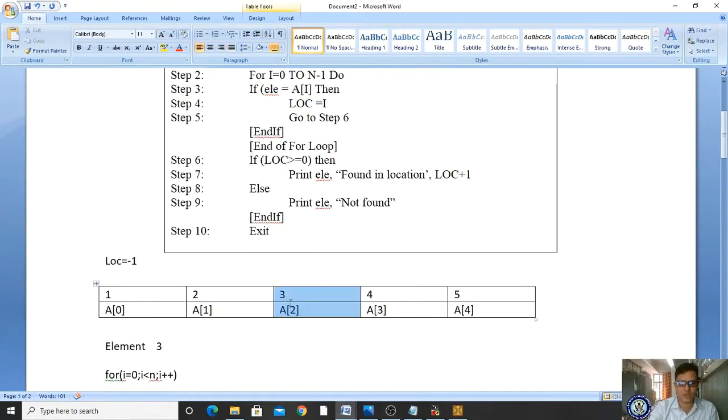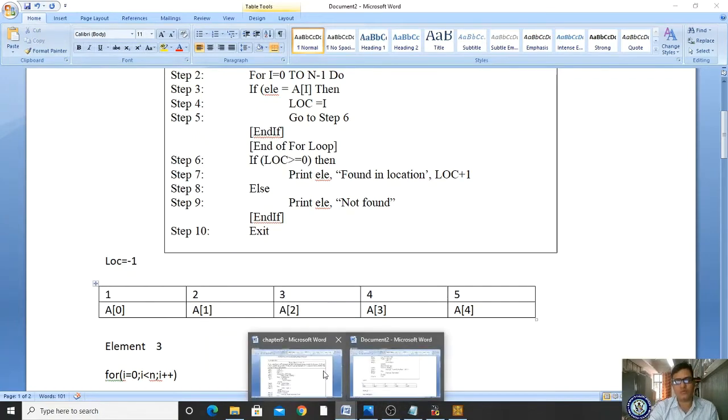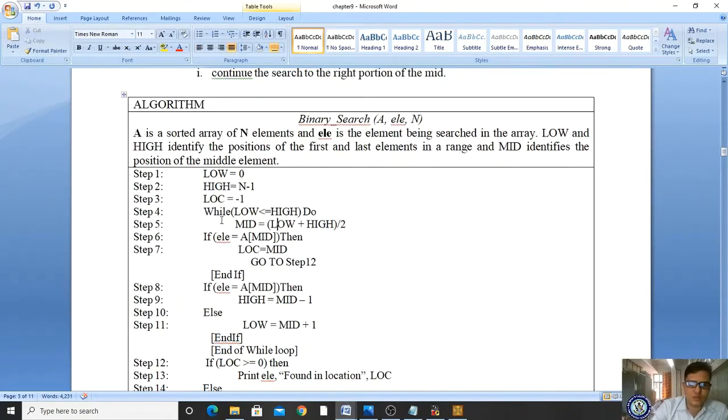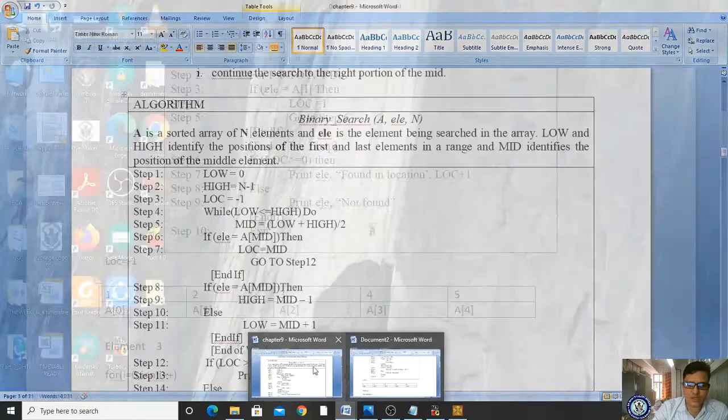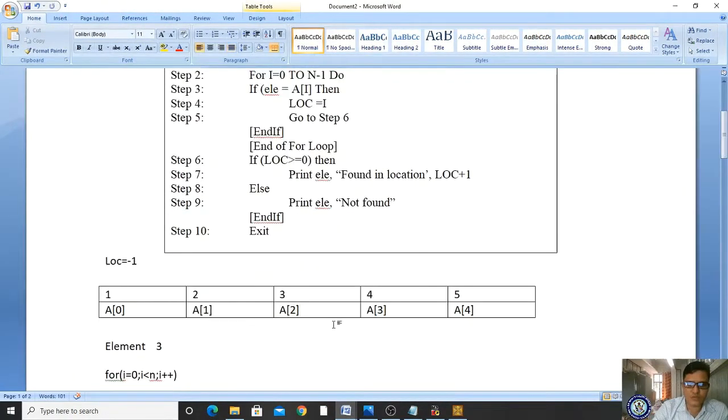I'm taking this value as the mid, and you have to search. Don't take it as 2; it is better to always take 3. Got it? Now let us come here. Now you are writing one if condition. Suppose you want to search for the element 3: element is equal to A of mid. What is A of mid? A of 2, right? So 0 plus 5 by 2, I am taking the mid value as 3. What is A of 3 here? 4. Actually, I have to take A of 2, which is 3.